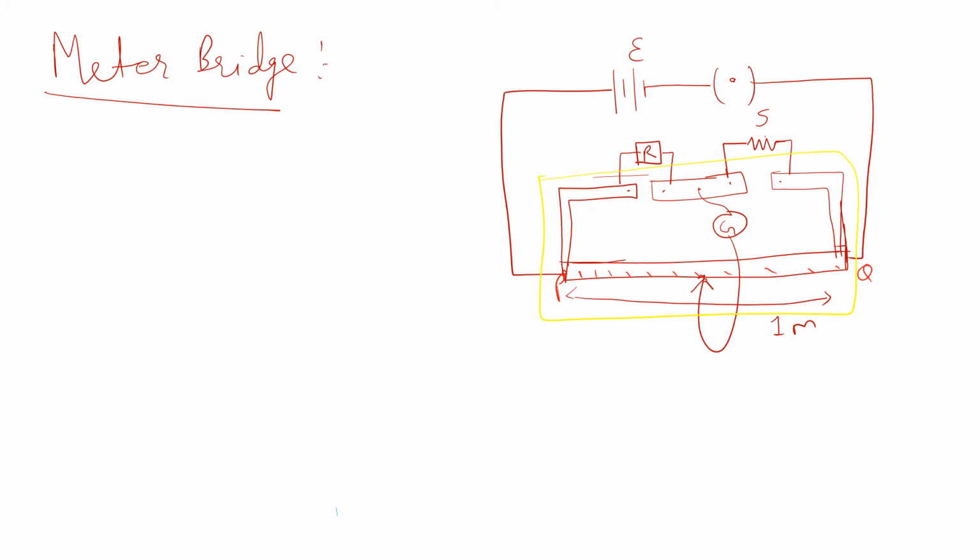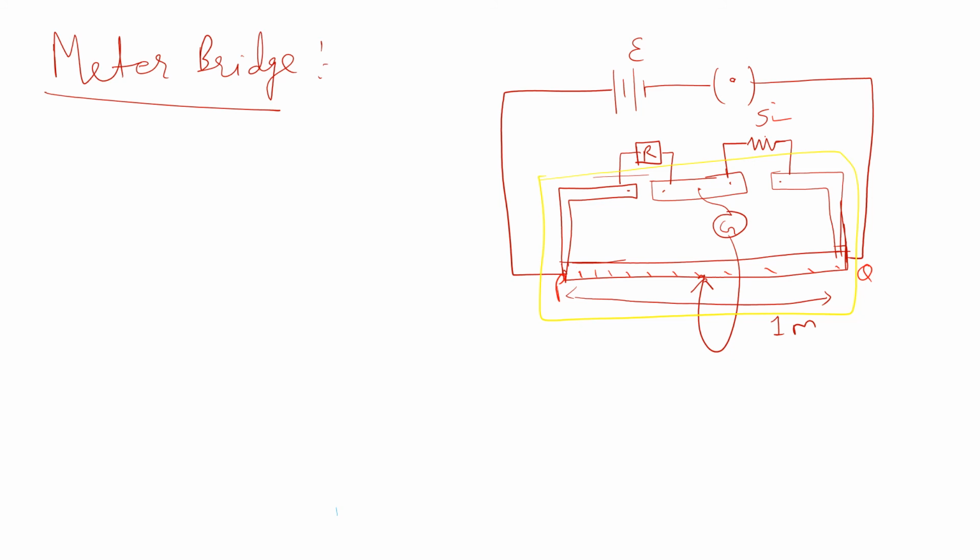This meter scale also contains a wire over it, over which we slide the jockey so that we obtain the null point. Jockey is just like a screwdriver which you have seen, and it is connected by a galvanometer here. Between these 2 points I have connected a resistance box, and in the resistance box I just pick the key to give the specific value of the resistance to the circuit, and here this S is the unknown resistance or the instrument for which we need to find the resistance.